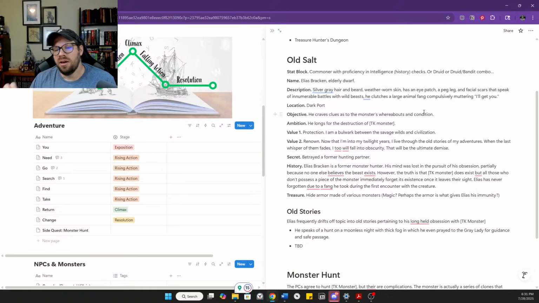One thing we should be aware of when we're creating this is that there is a strong likelihood that the characters are going to say, "Hey, Elias, you should come with us to fight this creature." And Elias, because of the obsession we've given him and his objective and ambition, is going to say, "Hell yeah, I should come help you kill the monster." So we want to do two things. One, we don't want to make Elias some super powerful entity,